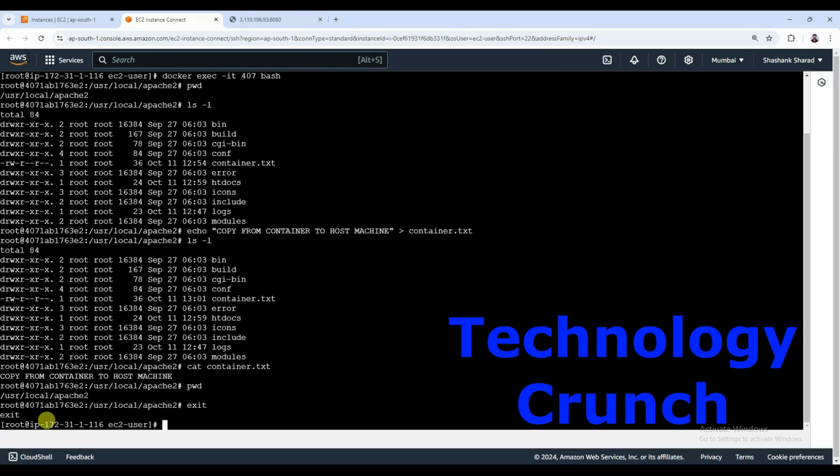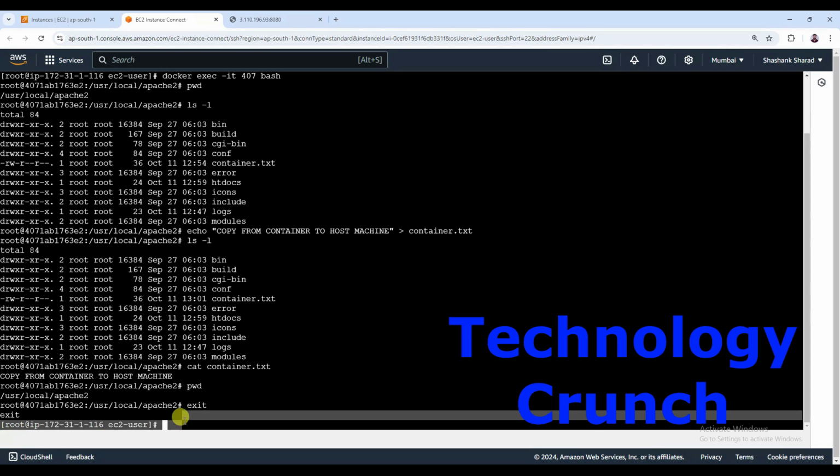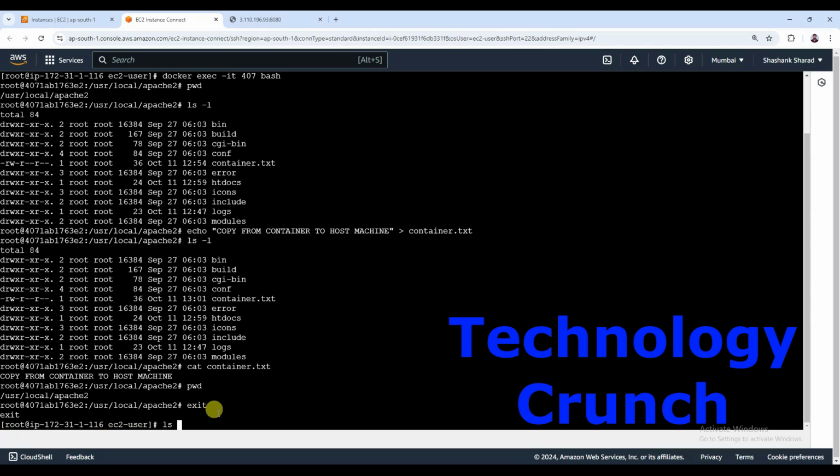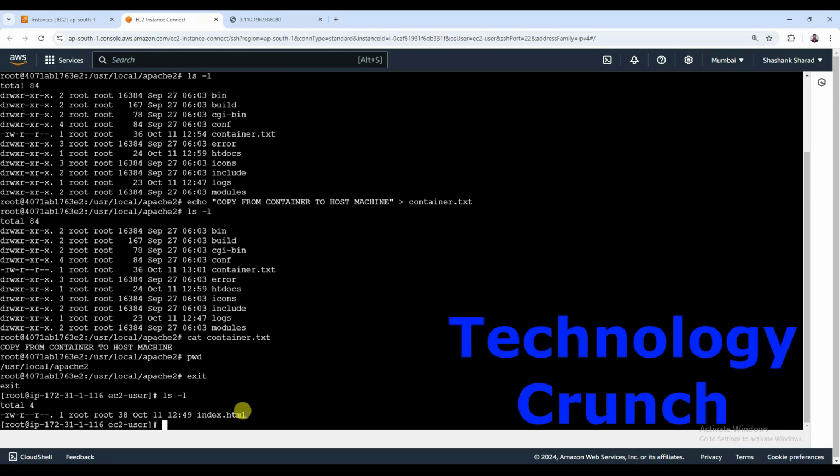So I'm in the Docker host machine inside that ec2 folder. ls -l, I think there's only the index.html file. So the command, if you want to copy a file from the container to your Docker host, will be docker cp source. This time the source will be our container. The container name I assigned is Apache, then colon, the location will be the USR, then local,